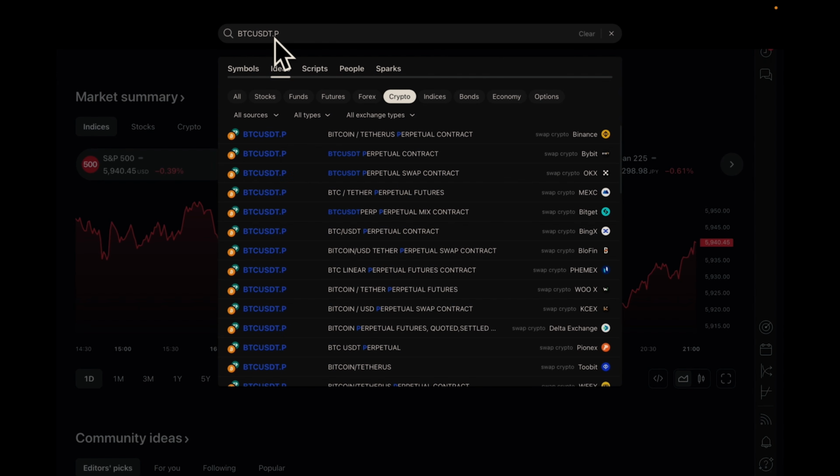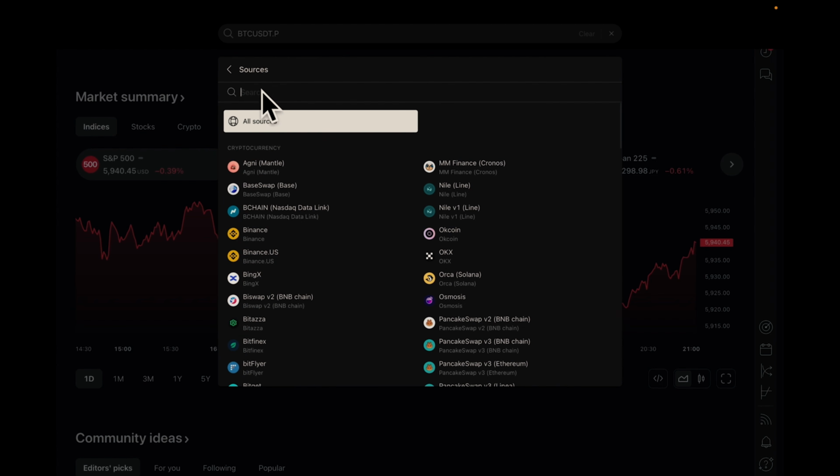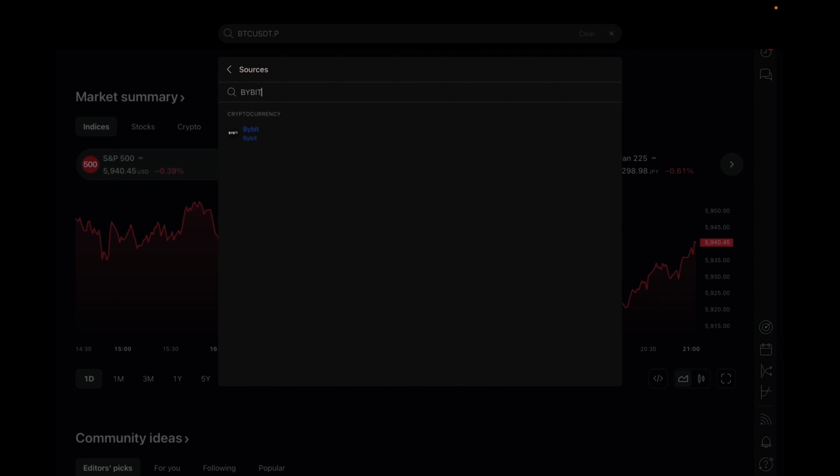And then once you've done that, the next thing you want to do is to click on where you have this all sources. Where you have these all sources, click on it, and then you come to this search bar and search for the app that you want to use to trade. So if you want to use Binance to trade, search for Binance right there. If it's Bybit, search for Bybit right there. So for me, let's say I want to trade with Bybit, I'll just enter Bybit right there,